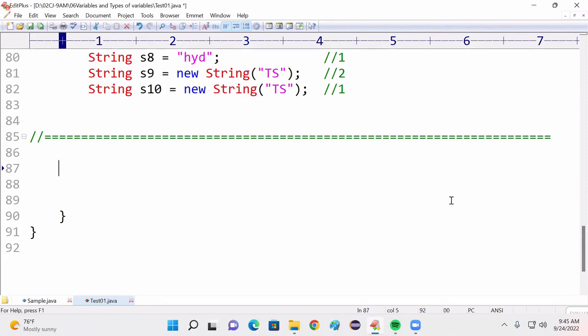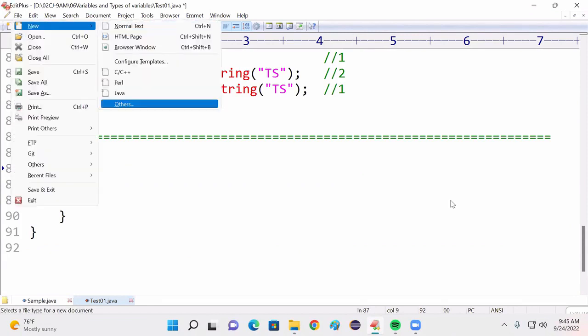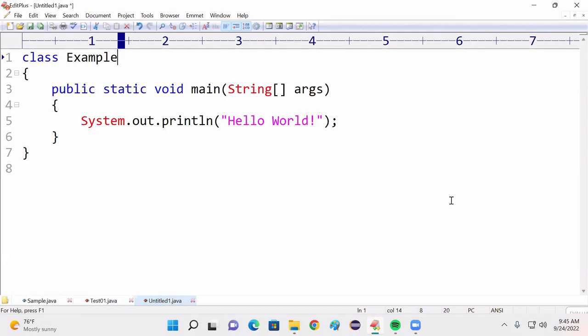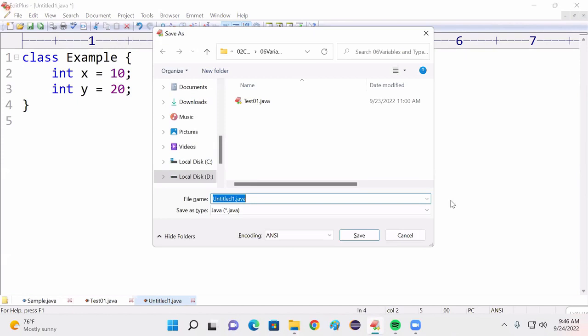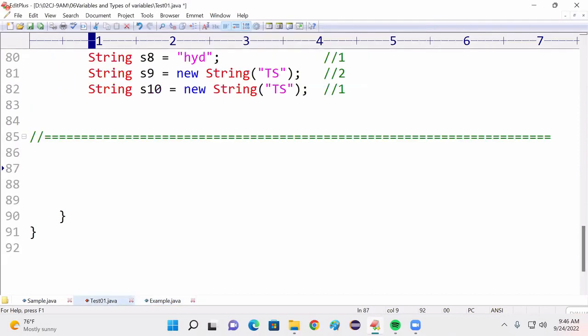Now I want you to create our own class reference variable. One variable is sufficient. Now I am taking one class called Example with int x equal to 10 and int y equal to 20. Then save it with the name Example.java. Come back here. Can I create a reference variable using my own data type? Yes: Example e1 = new Example();